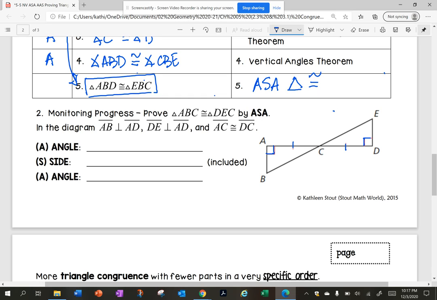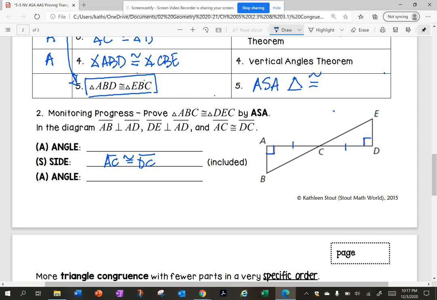If I wanted to state that these 2 triangles are congruent, what would be my angle, side, and angle? The side that's given is segment AC congruent to segment DC,